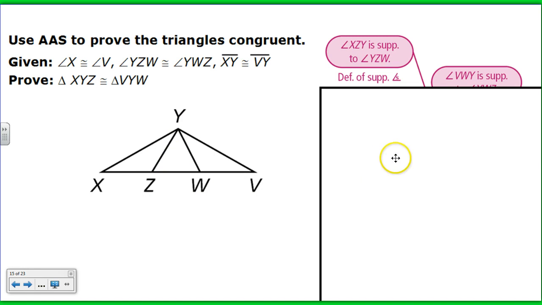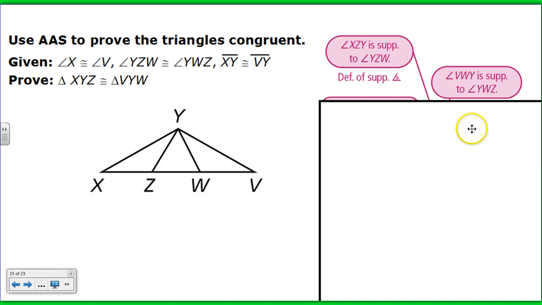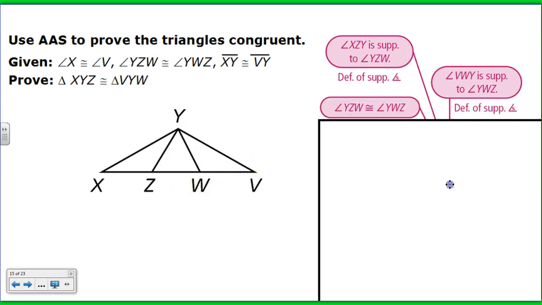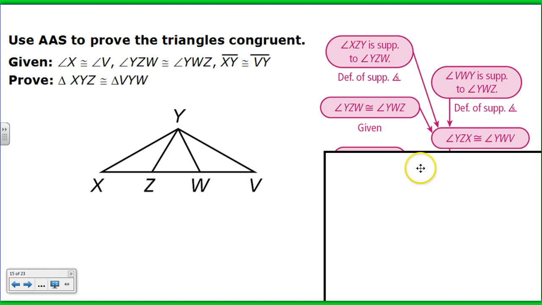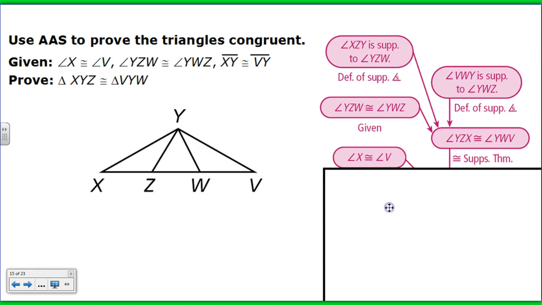Definition of supplementary angles. We know that angle VWY is supplementary to YWZ, and there we have another linear pair, don't we? Definition of supplementary angles. We know that angle XZW is congruent to YWZ. That was given, okay? And this all points to angle YZX is congruent to YWV. Okay, and that's by